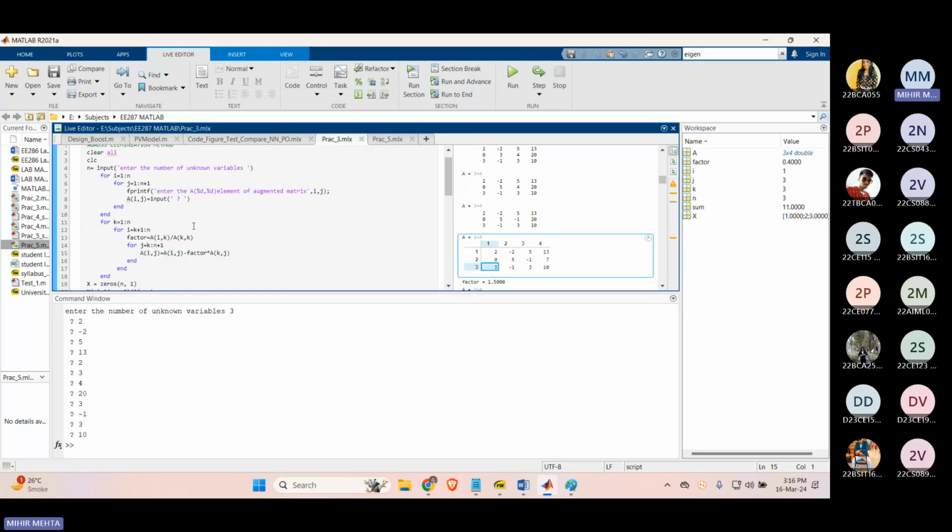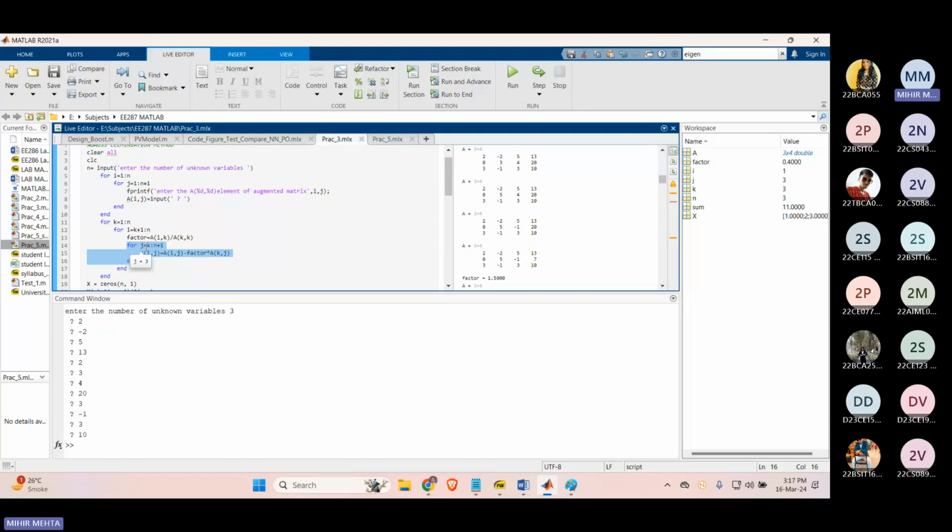Now for the factor, this is the formula. So a(3,1) divided by a(1,1). 3 divided by a(1,1), the value is 2. So 3 by 2, and that is how you get your factor as 1.5. Once you have got the factor, then again you enter into this particular loop where it says,